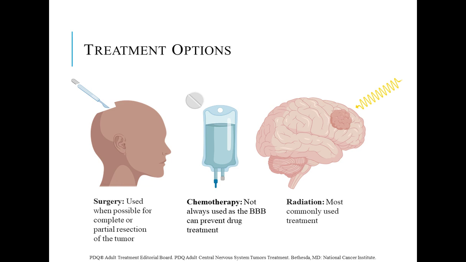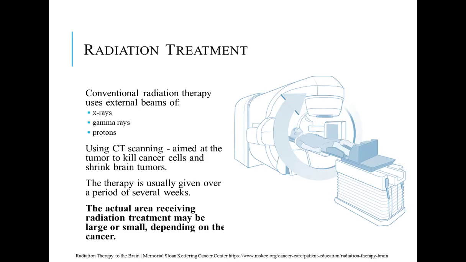Radiation treatment consists of the conventional therapy, which uses an external beam. It can be a beam of X-rays, gamma rays, or protons, and this depends on the type of cancer. It also depends on the facility, and in some cases on what country you're in. Some countries only allow certain types of ionizing radiation. This includes even carbon, which I believe is not currently being utilized in the United States right now.